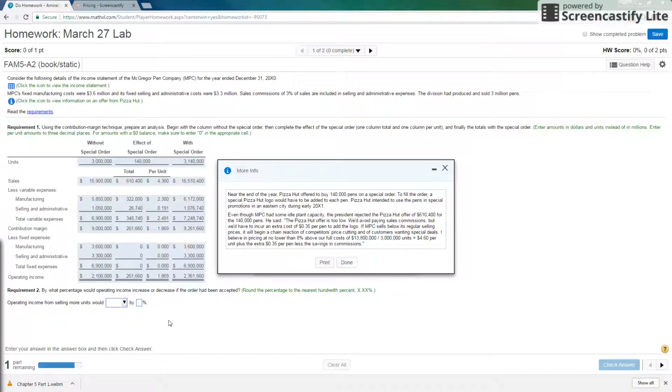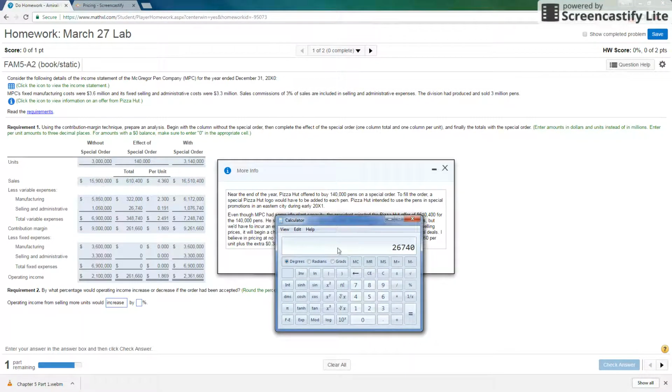So we calculate everything with the special order and without a special order. It says in the second requirement, by what percentage would operating income increase or decrease if the order had been accepted. As you can see, our operating income was 2.1 million. We increase it to almost 2.4 million. So it will increase, and then in order to calculate what percentage, you just need to divide